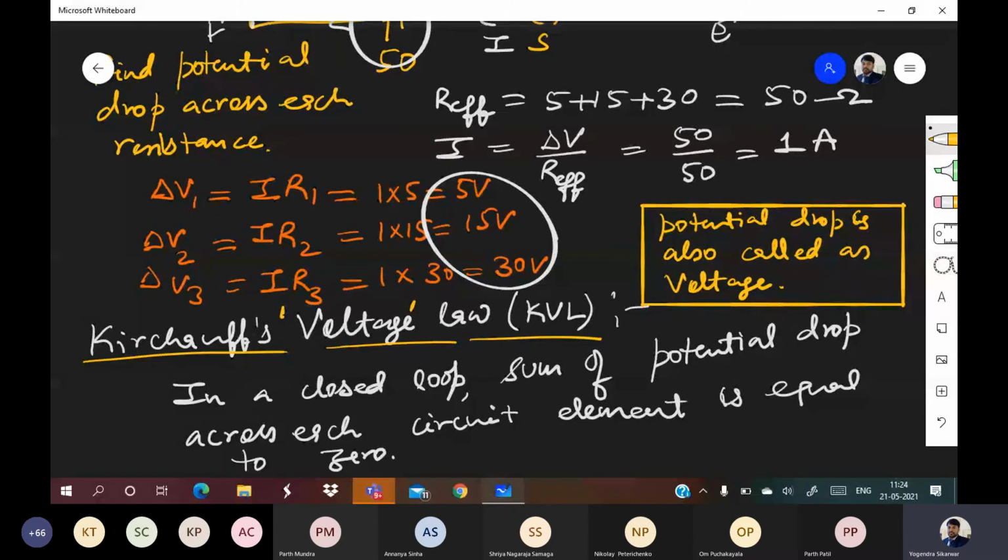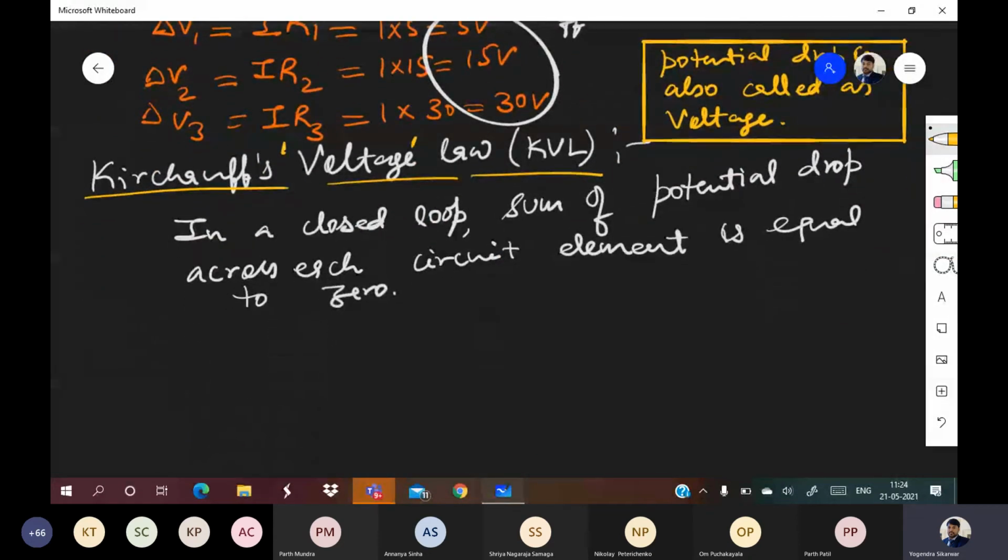In our case, what are the circuit elements? One circuit element is the battery, another is the resistance. There can be some other circuit elements also, we'll be talking about them later. Now listen carefully. Suppose you have a battery, and the battery is of potential V. This point is A and this point is B.